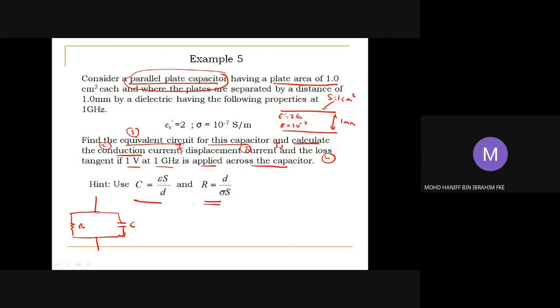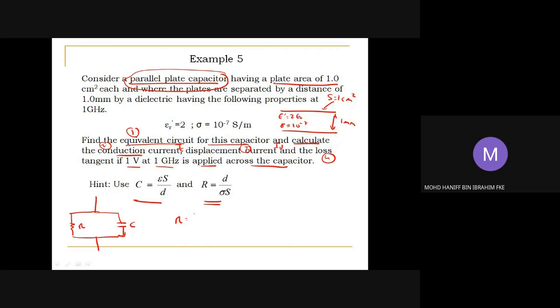Yeah, so we can straight away find the resistance and the capacitance based on this equation, because we need to find what R and C are. The formulation of R and C for a parallel plate structure has been given here. So we can see that the resistor R will be equal to D,